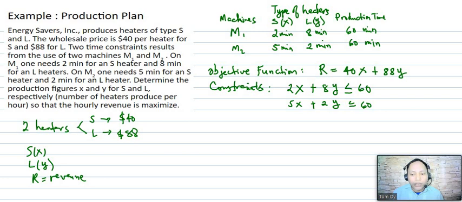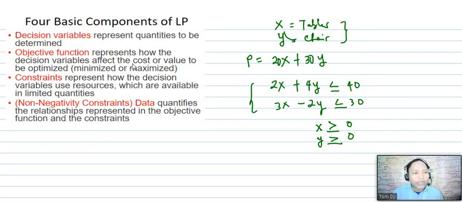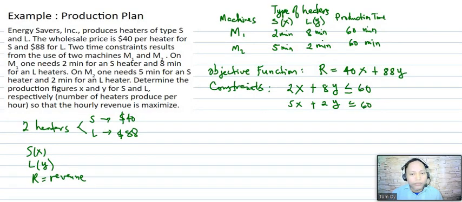Take note of this one. Let me recall. The four basic components of linear programming are the objective function, the constraints, and then the non-negativity constraints or the data. Since we want to produce X and Y, the S type of heater and the L type of heater,